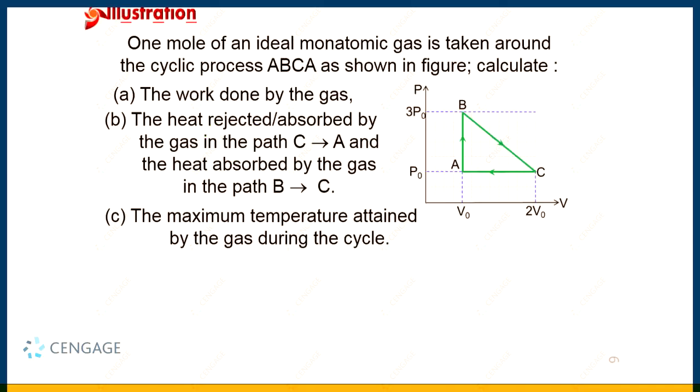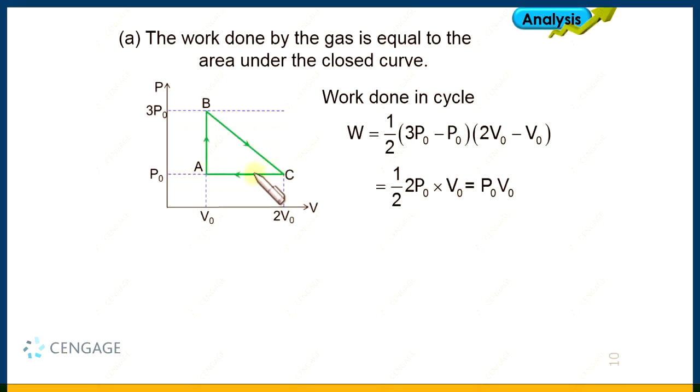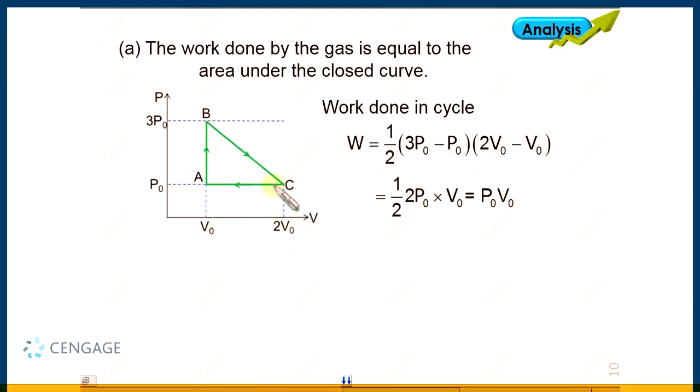Now, let us move to the next part of the question. Here we need to calculate the heat rejected or absorbed by the gas in the process C to A. Okay. You can observe this C to A process is an isobaric process. First of all, let us decide whether heat is absorbed or rejected. You can observe in this process pressure is constant, and if pressure is constant, we have the ideal gas equation PV equal to nRT,